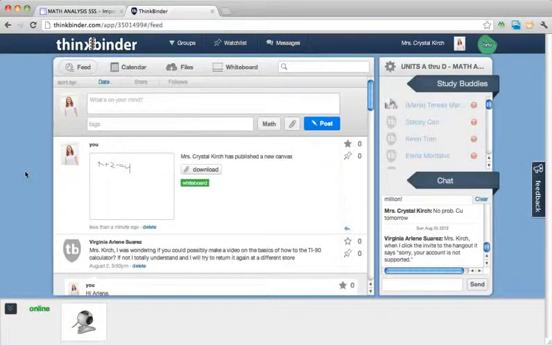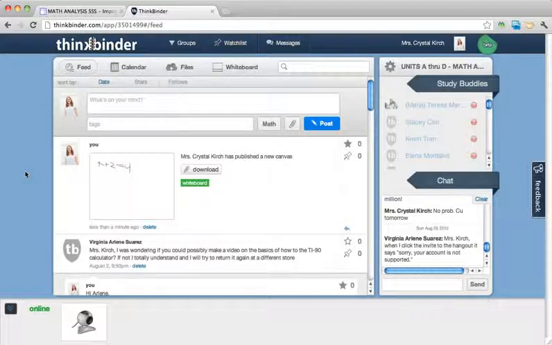Overall, I hope that ThinkBinder is a great tool for you and your classmates to use this year. You guys can use it whether or not I am online, and I can log in at any point and see what is going on. And I will try to check it once an evening or every other evening or so and just kind of see what's going on. There will be a different chat group for each unit,